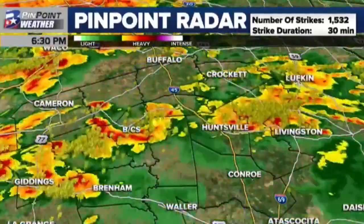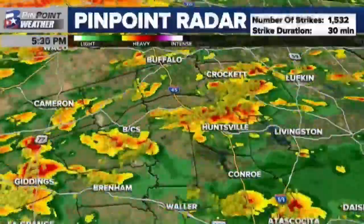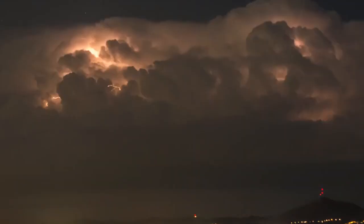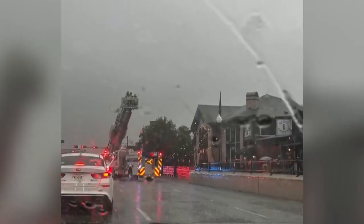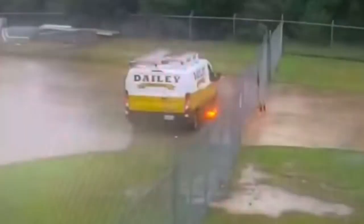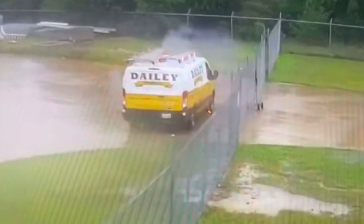Several inches of rain and thousands of lightning strikes poured across the Brazos Valley on the evening of April 20th. While most of those strikes occurred without causing any damage, there were a few notable bolts. One struck the backyard on Northgate, causing a fire and destroying some electronic equipment, and over on the western end of College Station, a Daily Company van was also struck, leading to extensive damage to both the interior and exterior